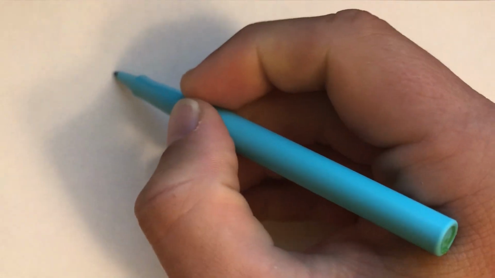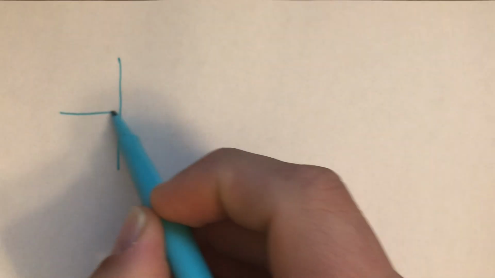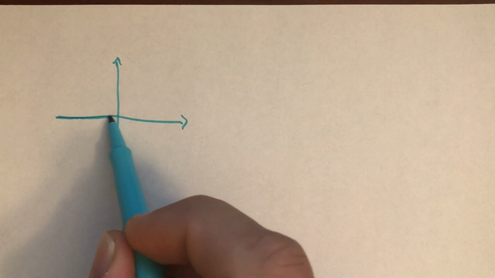Let's talk a little bit about symmetry. Okay, so just the basic idea here is, well, we know what symmetry means, right? I mean, our mastery of the English language tells us that symmetry is when things are the same on both sides, right? So if we were thinking about x-axis symmetry, we would want something to be the same on both